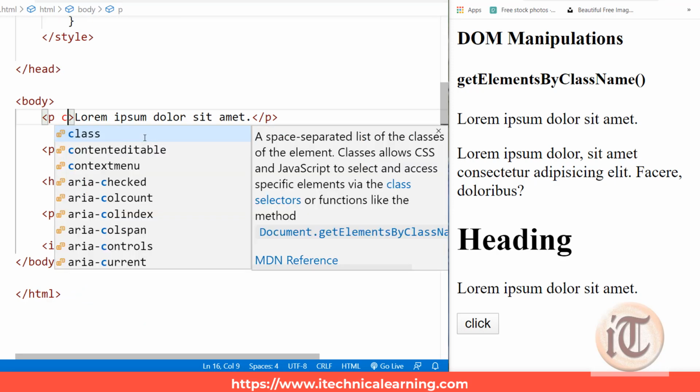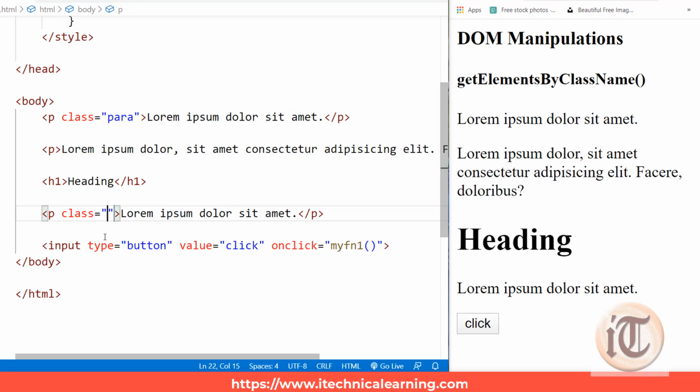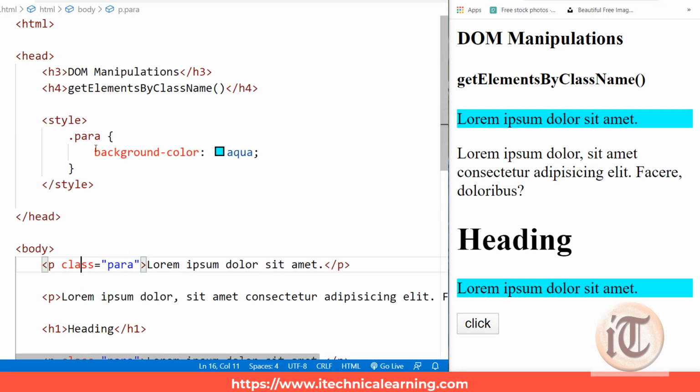How do I apply the classes? I'll say class equals para, and at last class equals para. If I refresh this page, you can see these two paragraphs are now associated with the CSS class para, so they show the property I defined in the .para class, that is background color aqua.